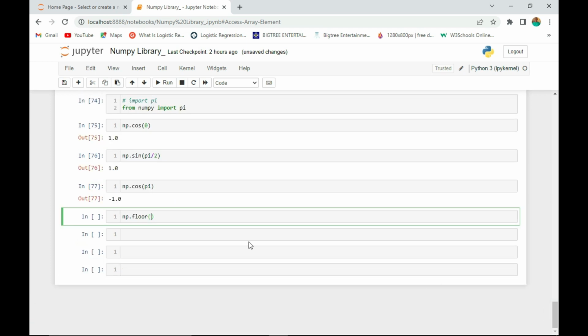Floor in this case means that it will return the nearest whole number. Okay, that is what we mean by floor. It will return the nearest whole number. So let's return floor. Okay, let's see something like